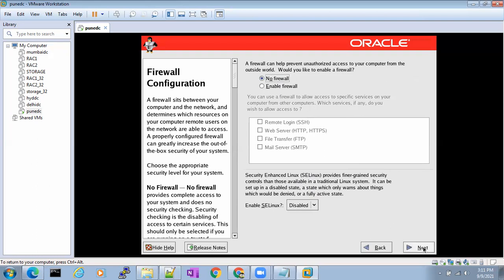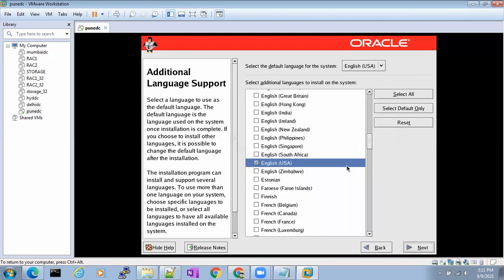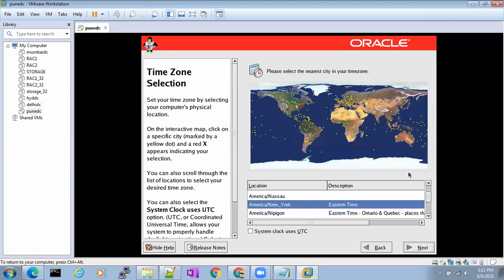Disabled. Click next. Proceed. English US. Yes. Now the time zone. It is asking which time zone you want. If anyone is connected from the US, use the US time zone. If anyone is connected from Australia, use the Australian time zone. If from Africa, I don't think anyone is. All are from India, right? So take the mouse cursor to India and select it. It will automatically take you to Asia Kolkata. Ours is the Asia Kolkata time zone.